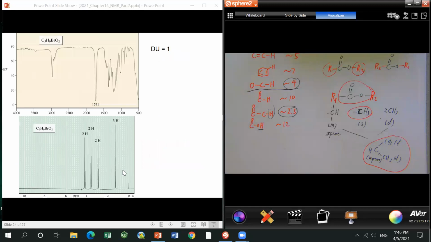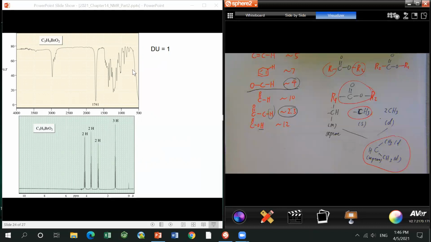Right, here's one. The formula is C5H9BrO2. The formula is already provided, and I already provided the DU number. Then they provide the IR and the proton NMR, and ask what the structure of this molecule is. Once you have the DU number,